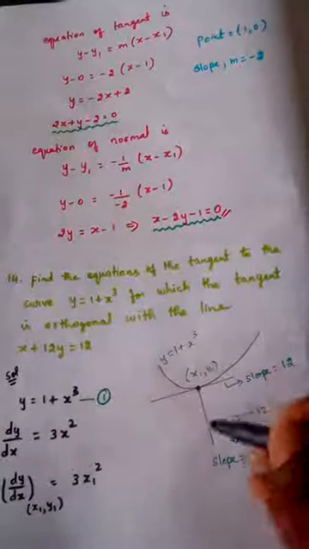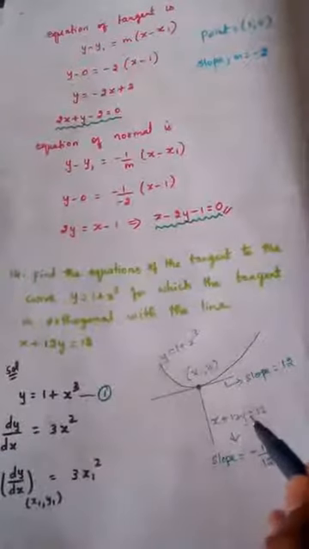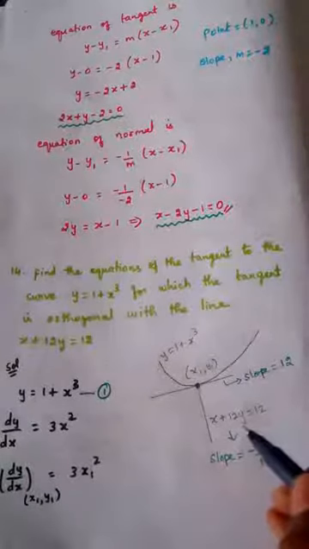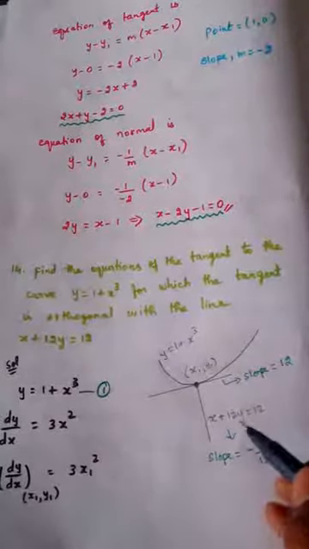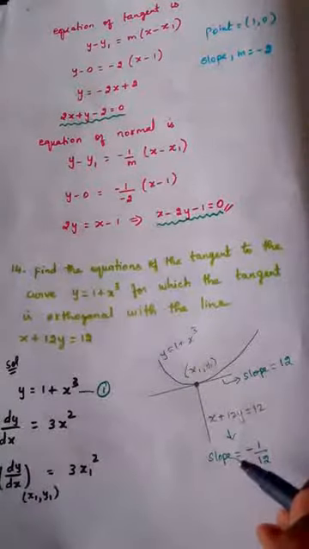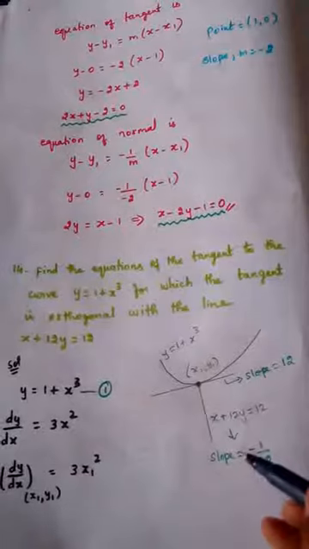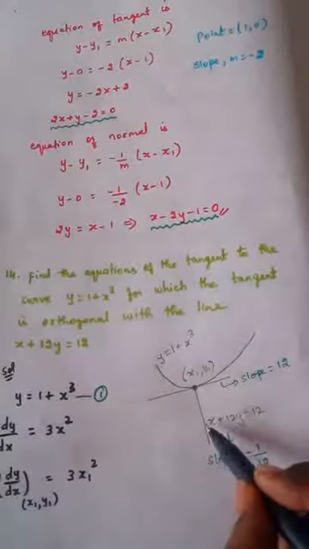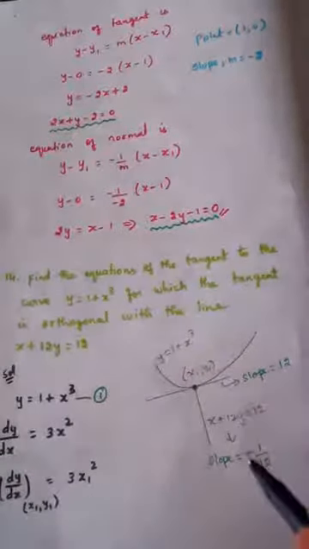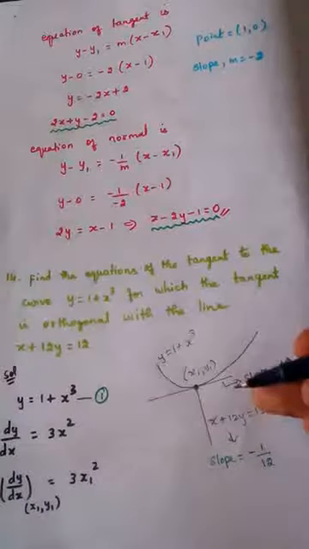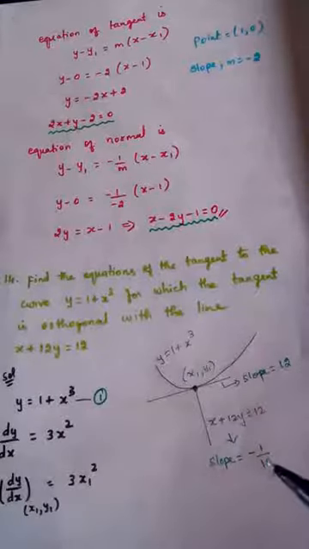So what I am going to do now is find out the slope of this line. Going back to the 10th standard level, if a linear equation is given, by seeing the equation itself we can easily tell the slope, right? You know that very well. What is the formula for that? Minus coefficient of x by coefficient of y. Now see, what is the coefficient of x here? 1. So minus 1 divided by the coefficient of y, which is 12. So minus 1 by 12 is the slope. By simply seeing the equation itself, we can tell the slope. So the slope of this line is minus 1 by 12.